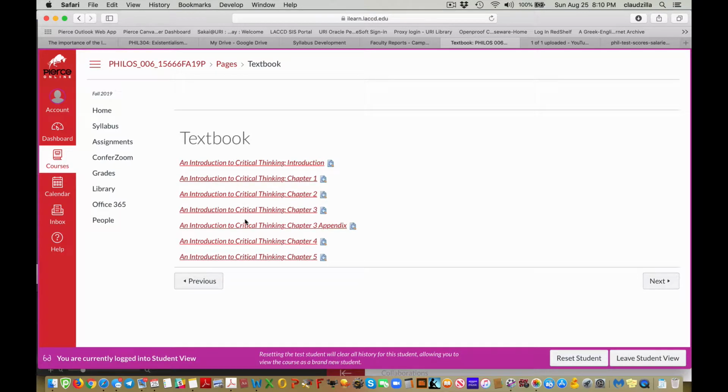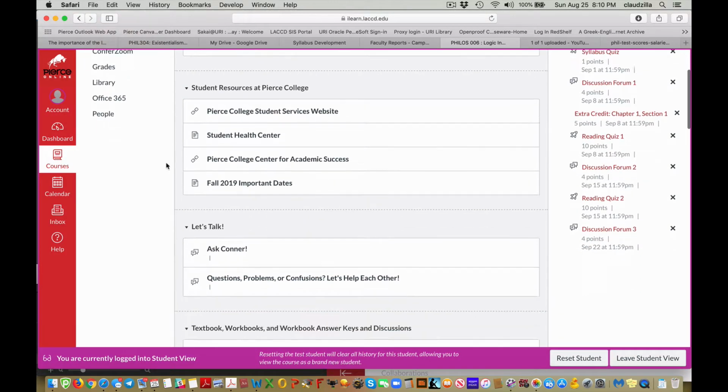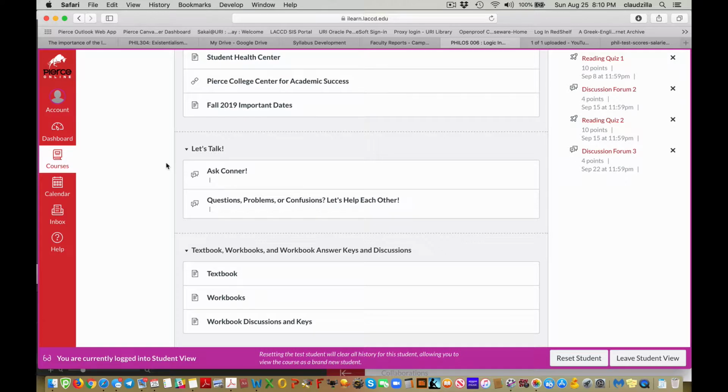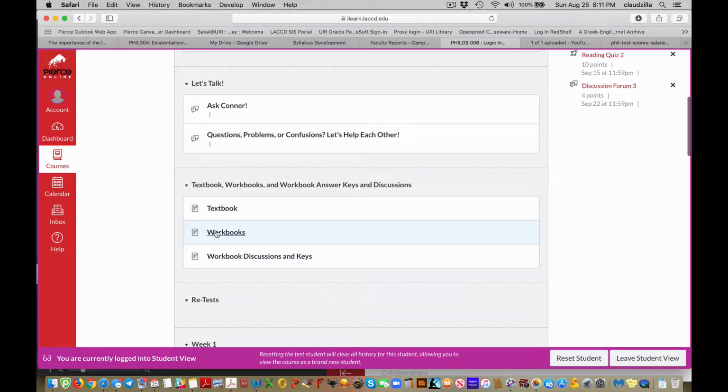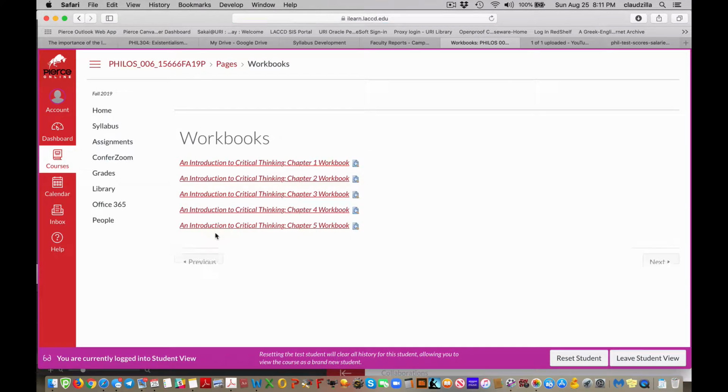I've divided out each of the chapters. And then I'm just going to go back to our home page. We'll talk about navigating via the next and previous buttons in a little bit, but let me just work this way for now. Then our workbook, so basically exercises for each of the sections in each of the chapters of